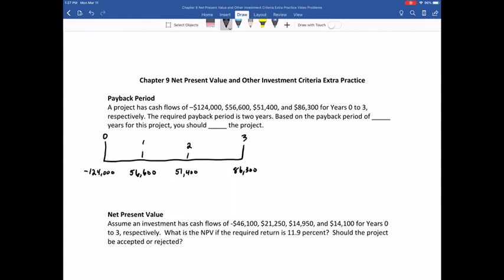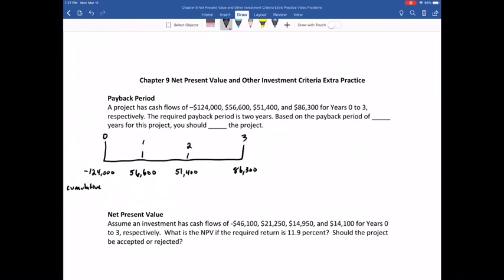Notice here with this problem, when we're calculating payback period, we do not utilize a discount rate. This is really a method that kind of ignores the time value of money. In your textbook, you can see that there's also a discounted payback period, which does introduce time value of money. But in this case, we're really just trying to identify how long will it take me before I recoup that $124,000 initial investment. So when calculating the payback period and drawing a timeline, I recommend creating a cumulative line,